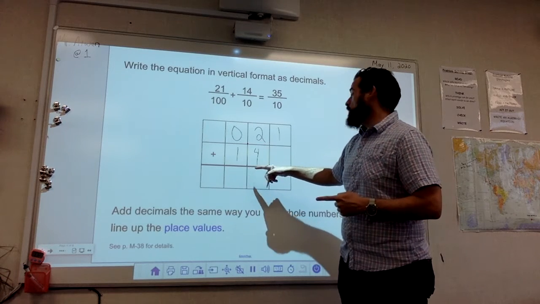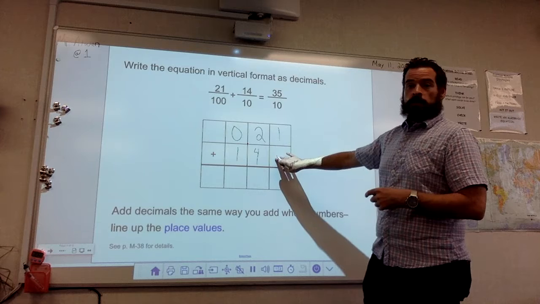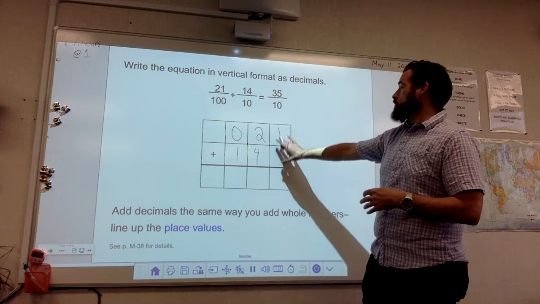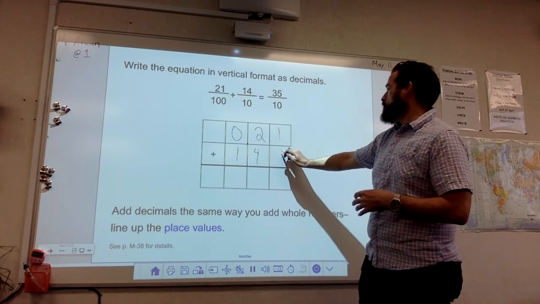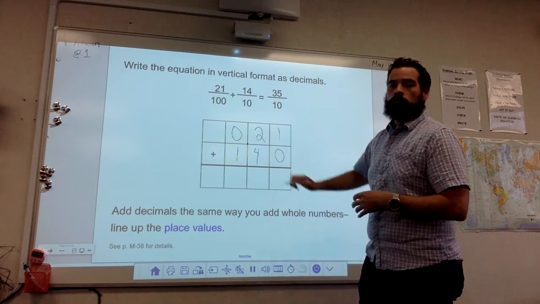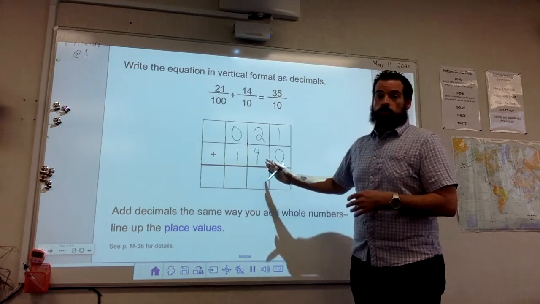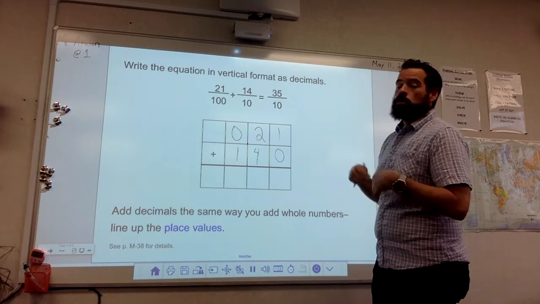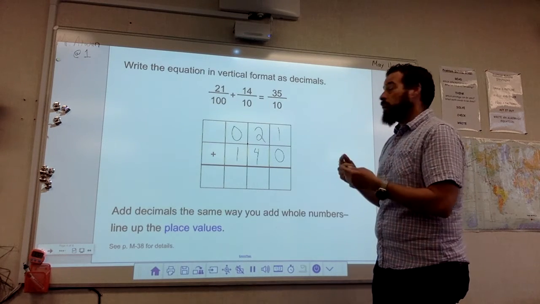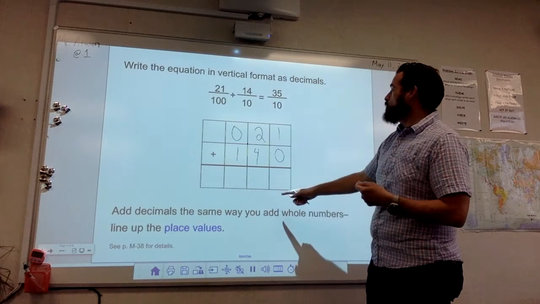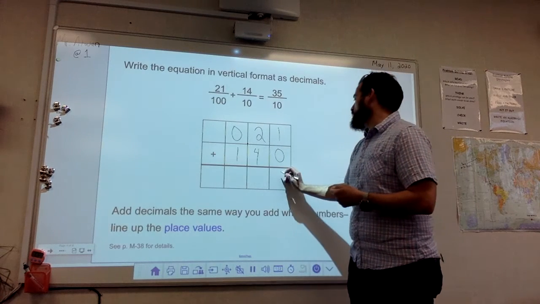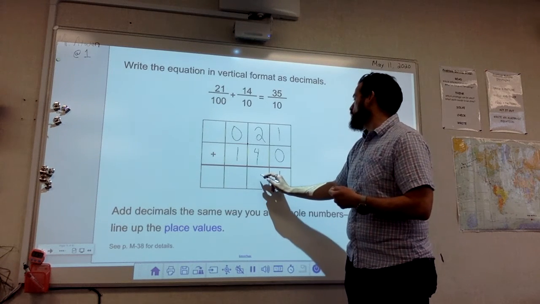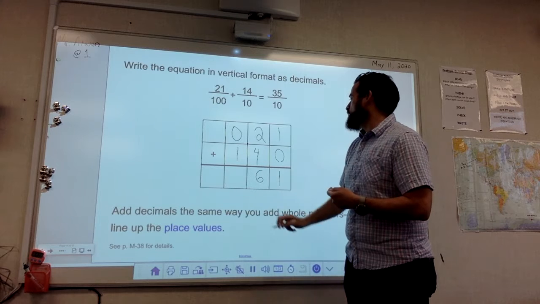So 1.4. Now something when you're lining this up that you may want to do is put a 0 here, because that's not going to affect the value, and just so that this way you make sure that you have your place value lined up. So now I can do my addition. 1 plus 0, 1, 2 plus 4 is 6,